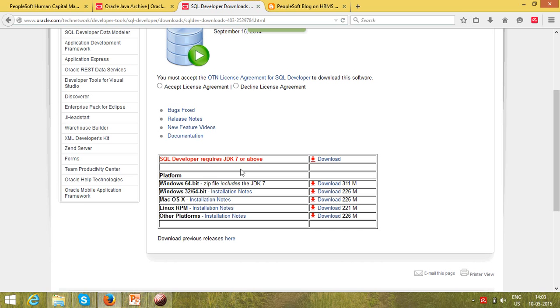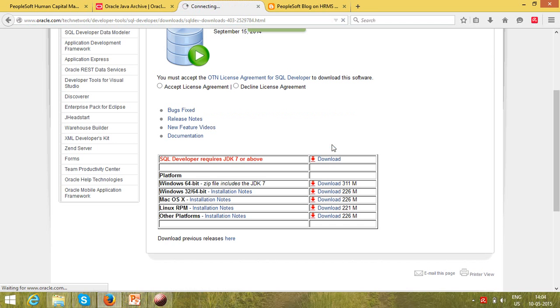So let's download it. So Windows 64-bit, if I include JDK 7, that we don't need. We already have downloaded JDK 7. So Windows 32 64-bit, this one we need. So let's download it.